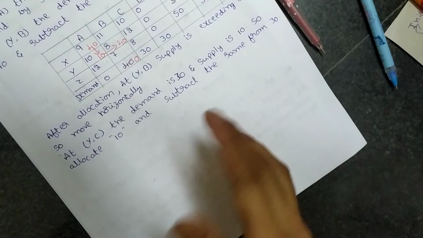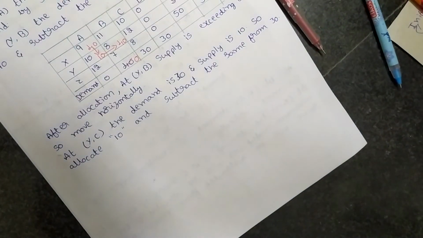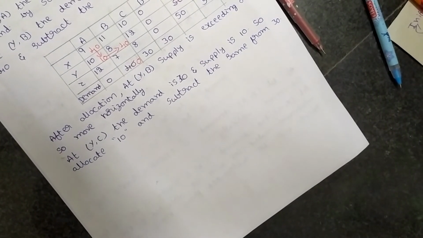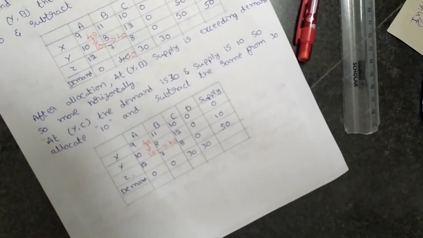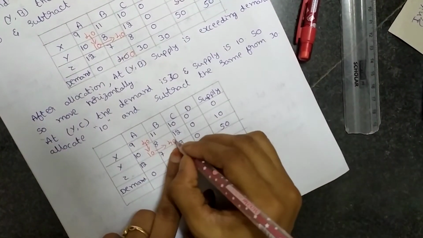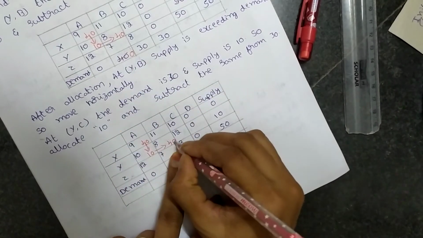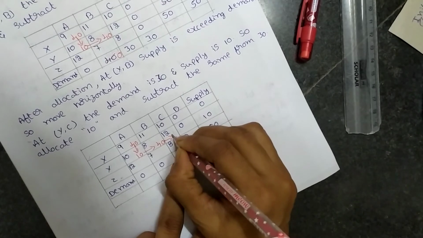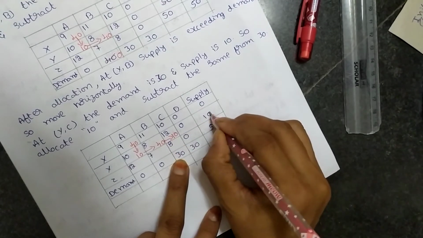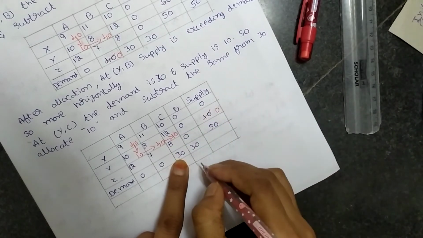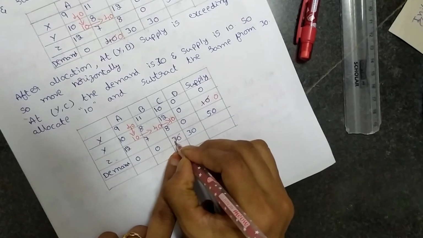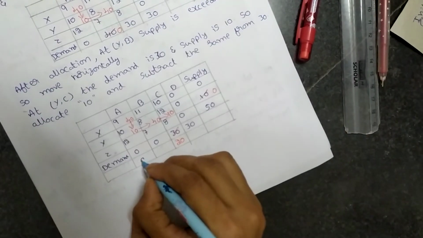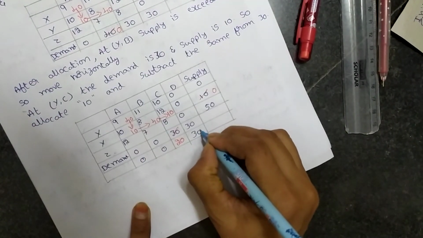Okay. Then we'll get the new transportation. Now, as we have the excess here, we will move horizontally. That means horizontally we'll put 30 and 10. 10 is the minimum value. We'll allocate 10 and cancel this 10 and it will become 0 here, and from 30 we'll subtract 10, then we'll get 20 here. So what are the demands? 0, 0, 20, 30. Okay.